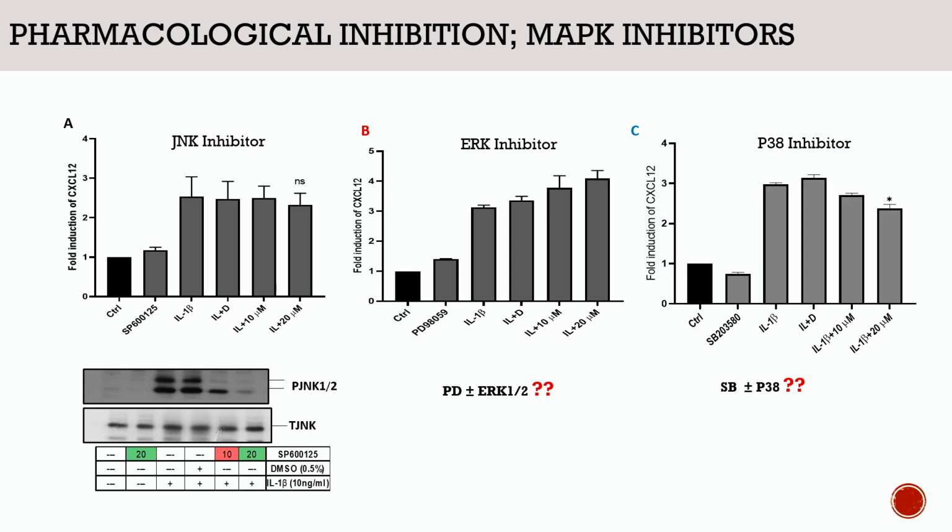However, these inhibitors significantly inhibit their main pathways. For example, as we can see on the plot on the bottom, the JNK inhibitor, which is SP600125, significantly inhibits JNK phosphorylation. For the other inhibitors, I need to test them in the future, just to confirm they are involved in the pathways and not involved in the reporter activity.